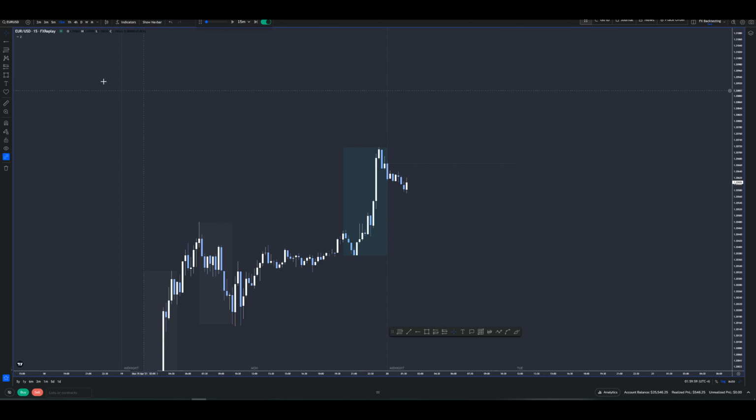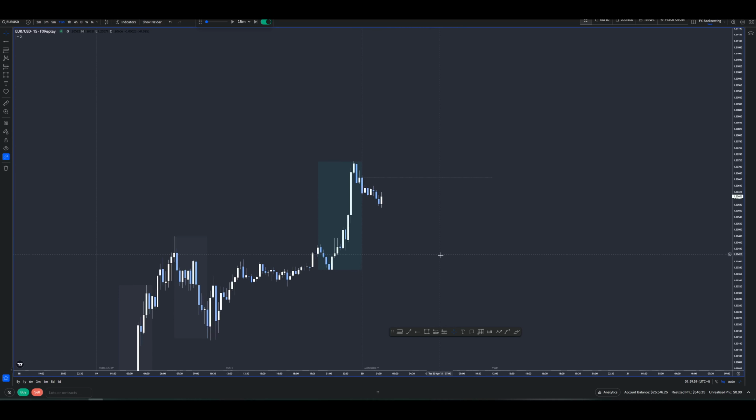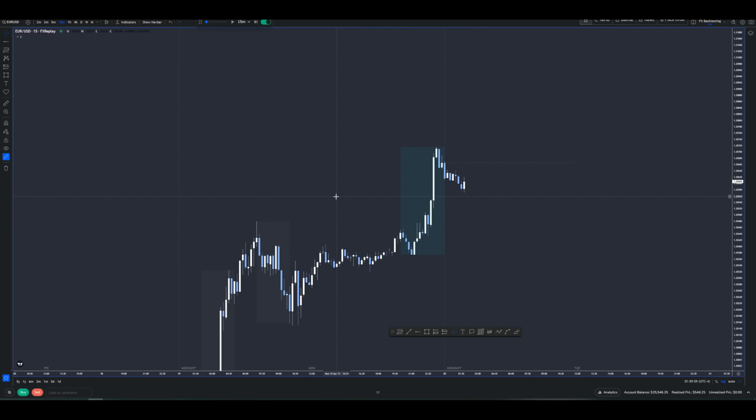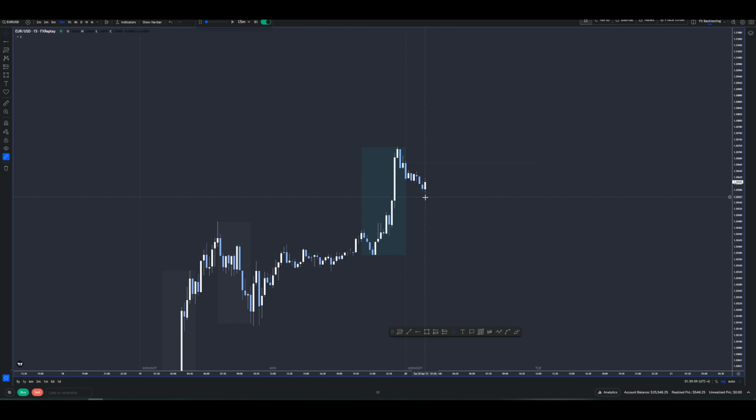Okay guys, so here I am on FX Replay. I am backtesting my model. I'm just using EURUSD and the 15-minute time frame. So yeah, let's see what I have here. This is almost,